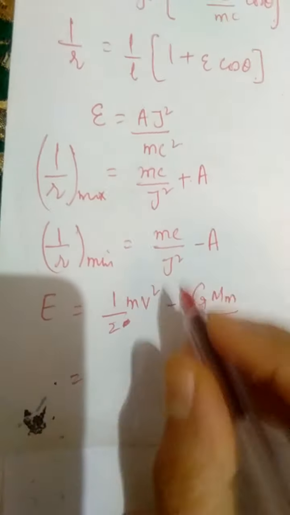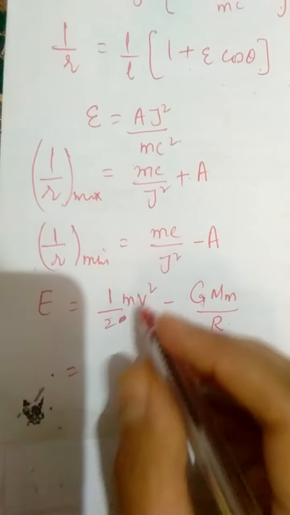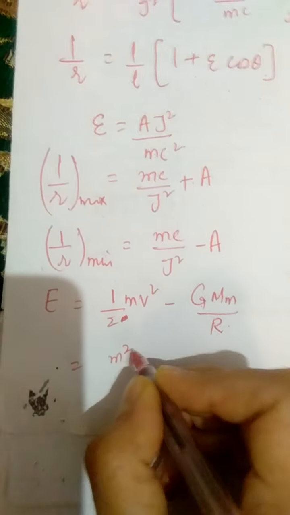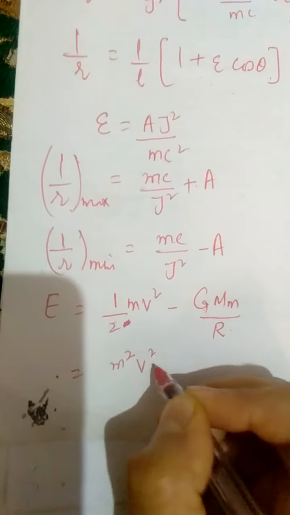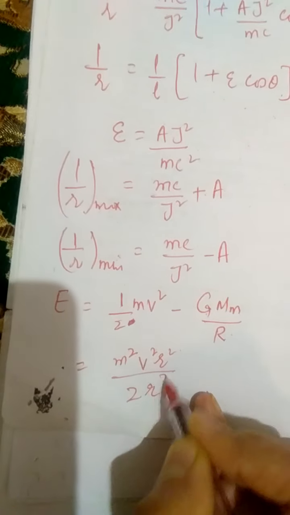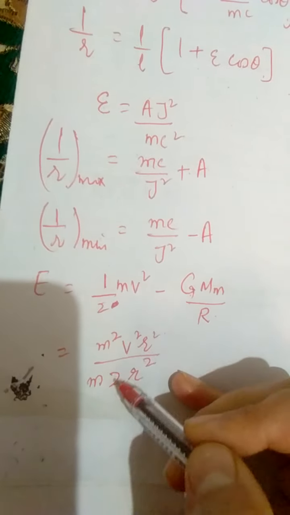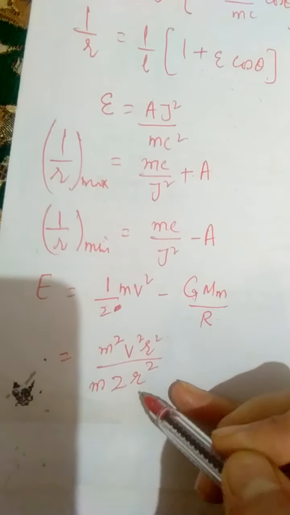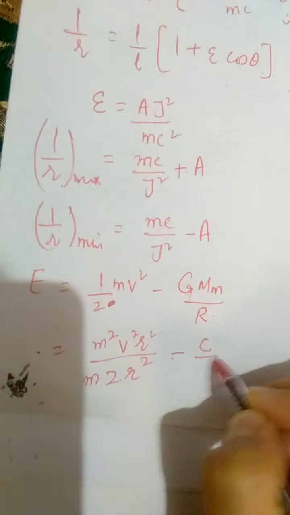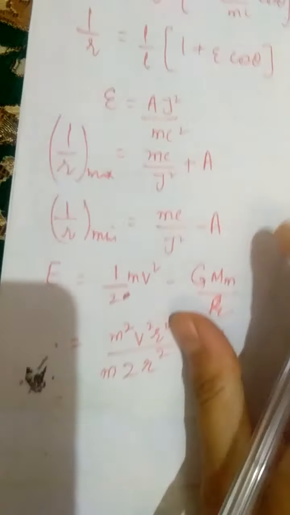But in case of rotational motions, obviously it is more proper to choose angular momentum, right? So we will multiply and divide this factor by mvr. So what do we obtain? m square v square r square by 2 r square and m. So we have multiplied by m and we have divided by m. We have multiplied by r square and we have divided by r square, minus, for this GMm, because it is a constant, I can write c by r, right? So let me choose a small r everywhere. So it is minus c by r.